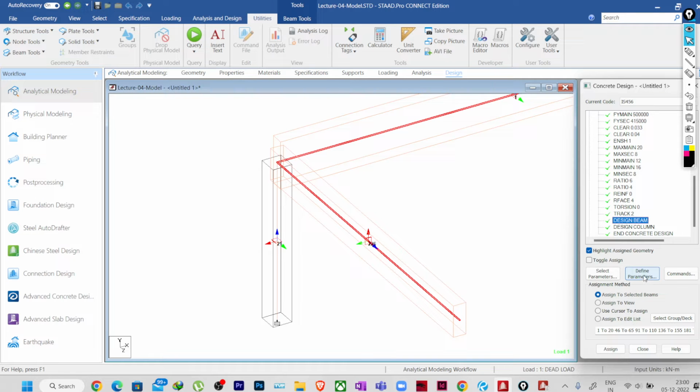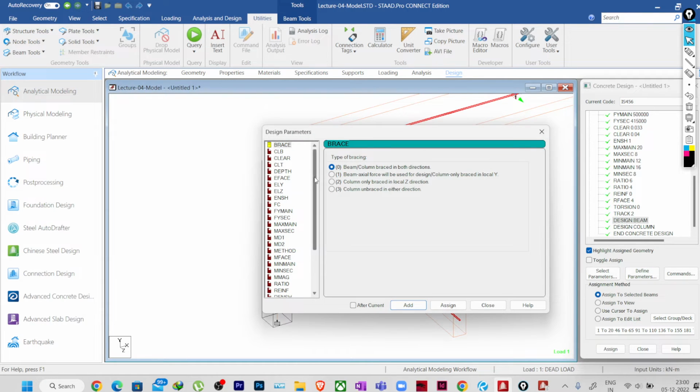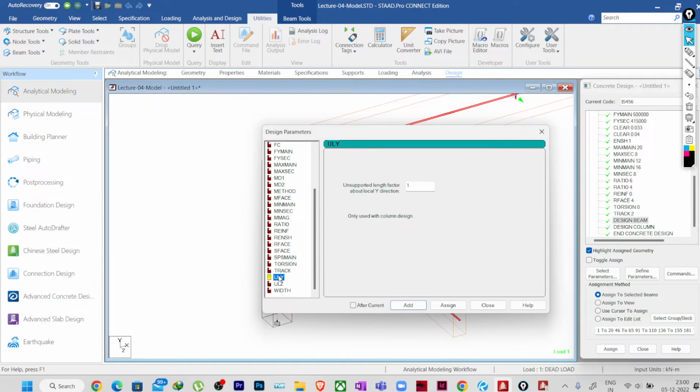Maybe we will assign after this beam design. So I'll just go to define parameter. I'll go to ULY, and ULY we have considered 0.8, right? ULY we have considered 0.8, 2000, yes. And I'll click on this after current, so that it will be adding after beam design, add current and add, and ULZ we are assigning